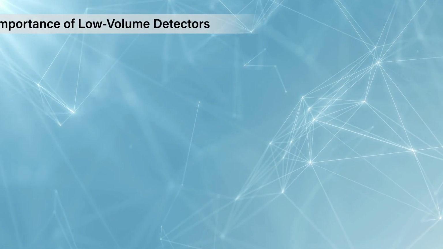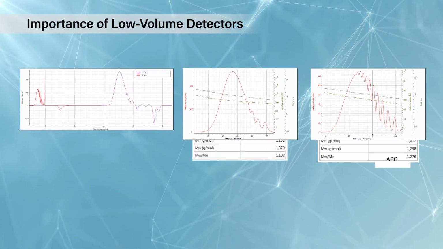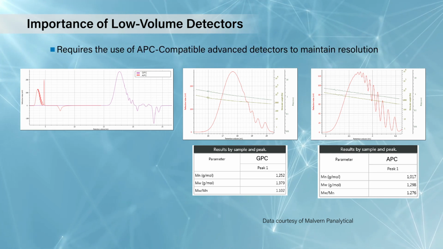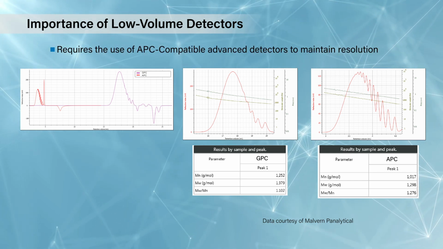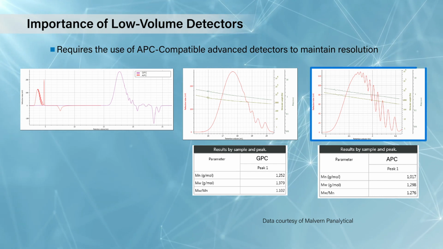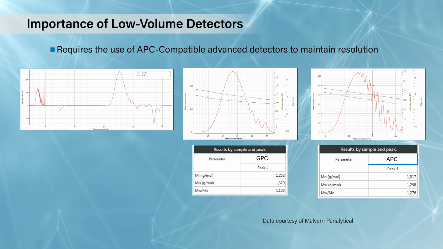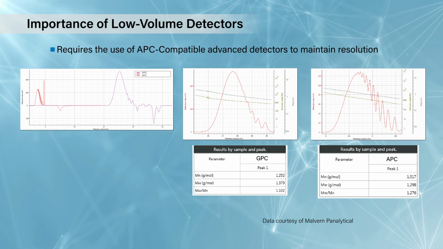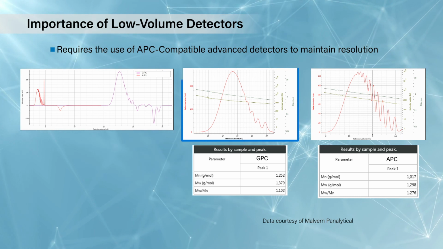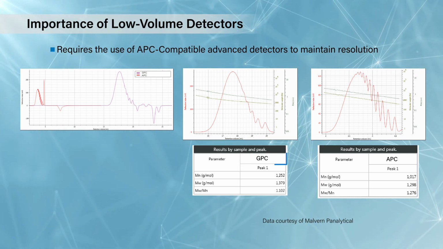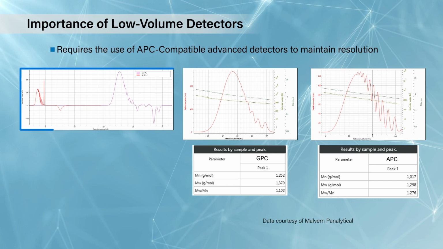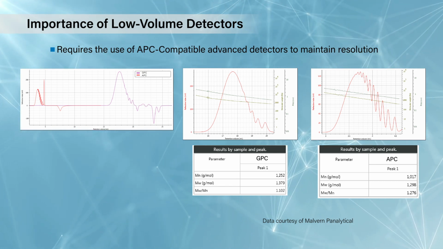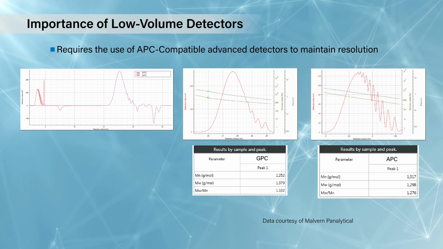This is, again, an example provided kindly by Malvern Panalytical, where it shows that you can now use advanced detectors on this system without losing resolution, as can be seen on the right-hand side image, which shows the APC trace using the advanced detectors, and you can see you've got very high resolution there. The middle one is not using APC, so you can see you've lost resolution there. And the left-hand trace shows the time increase, so you've gone from traditional 30-40 minutes down to sub 10, so 5-6 minutes.